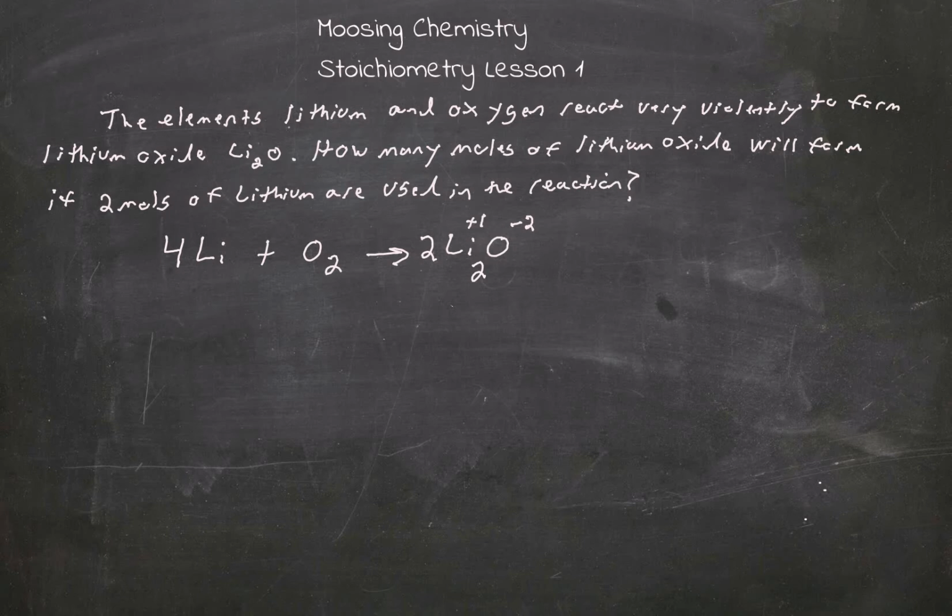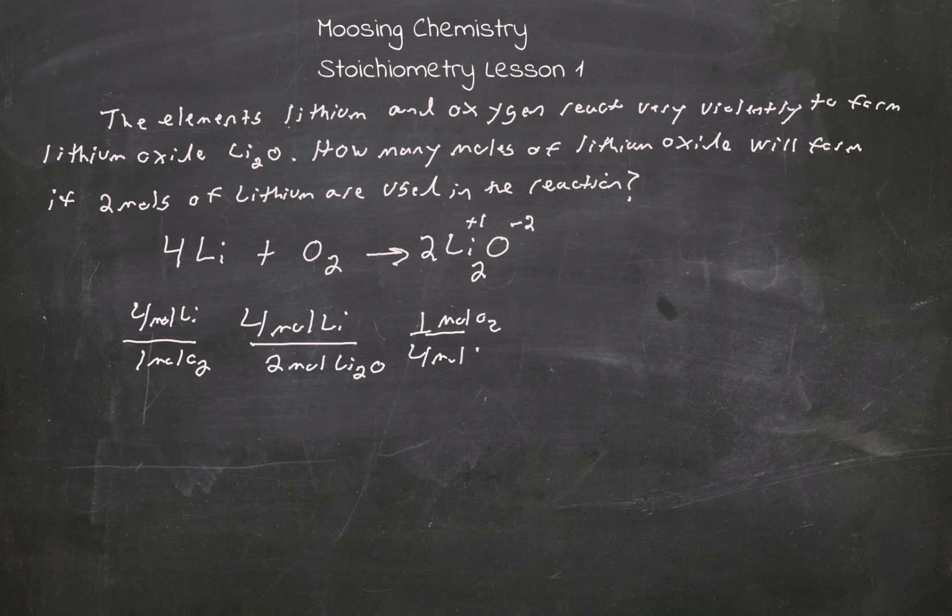Now, the next thing I need to do is figure out what my mole ratios are. In an earlier video, we talked about mole ratios. So let's go ahead and write all the mole ratios. When we're writing these mole relationships, we have 4 moles of lithium over 1 mole of oxygen, 4 moles of lithium over 2 moles of lithium oxide, 1 mole of oxygen over 4 moles of lithium, and 1 mole of oxygen over 2 moles of lithium oxide, and finally